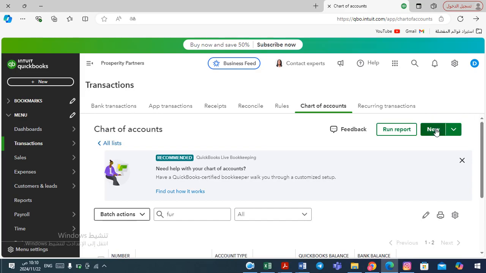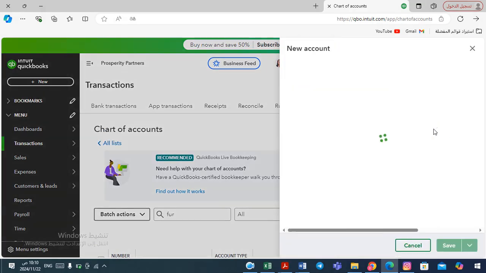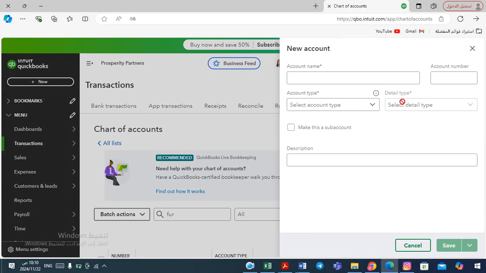Click new, and give the name for that account, Bank of Palestine loan,